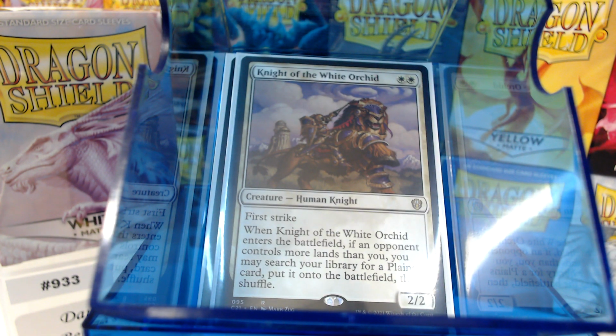But those are also creatures that can hold equipment. Normally, once they come in, the White Orchid anyway, it comes in, it does its thing. It really doesn't have that much of a use. I mean, 2/2 first strike's not nothing, but anyway,